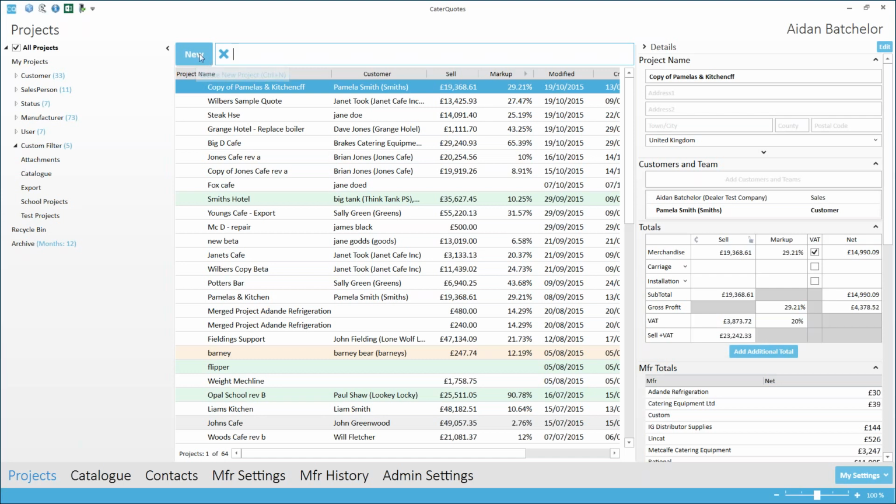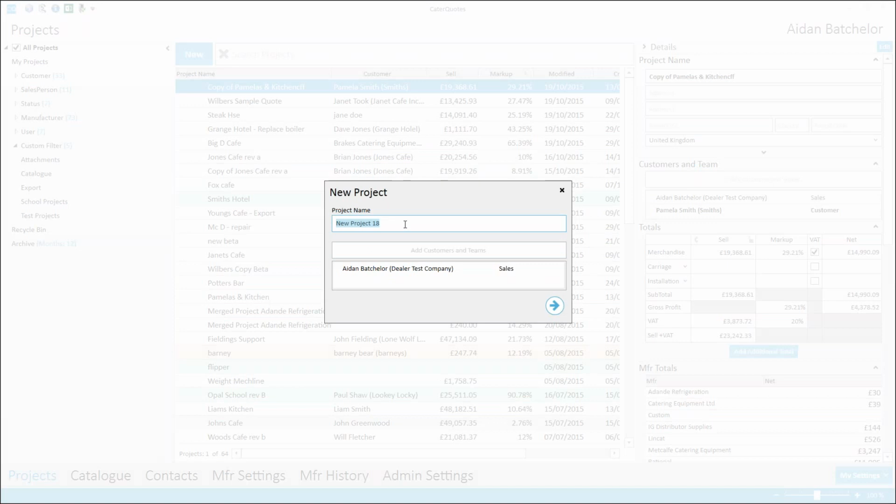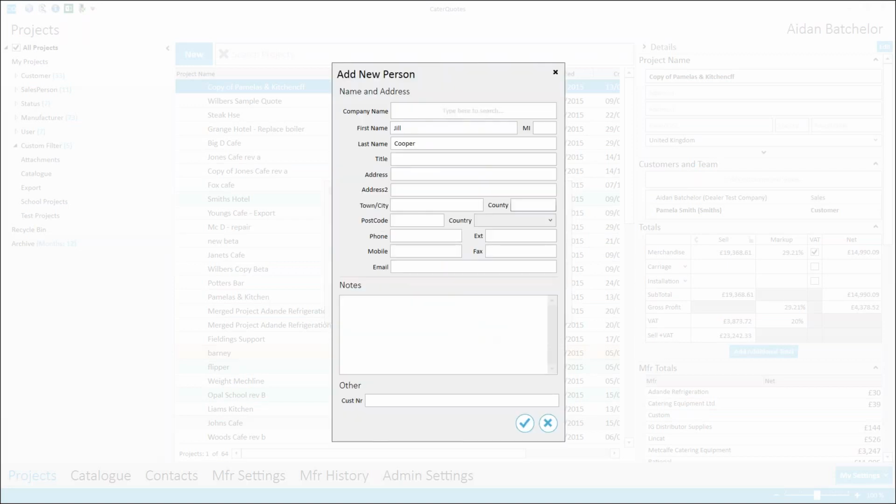So let's click on this new one and just start a project up, and it will come up with this pop-up screen in which I'll be asked for a project name. So let's just think of a random site name, and let's add a customer in the box below. As you can see, Jill Cooper isn't actually a contact in my contact section, so it's saying contact not found. Press enter to add a contact, so I'll press the enter key, and it will come